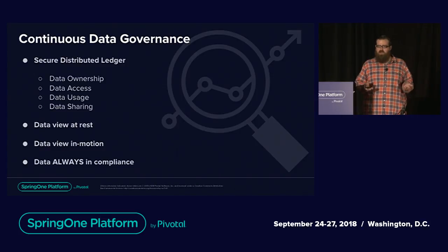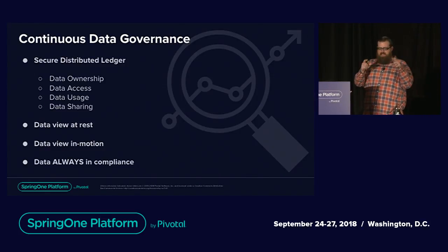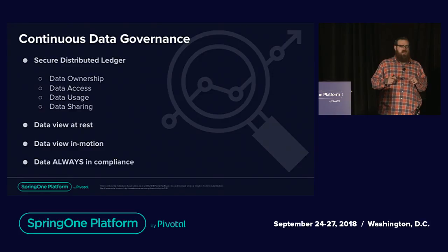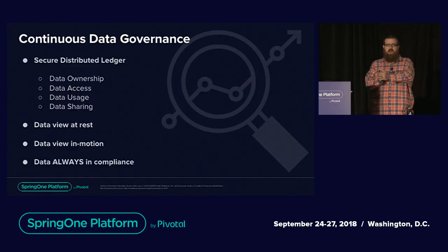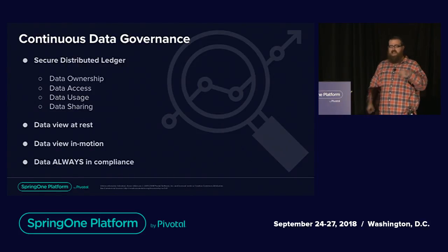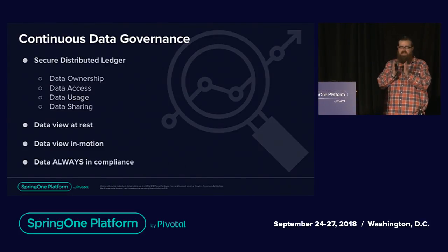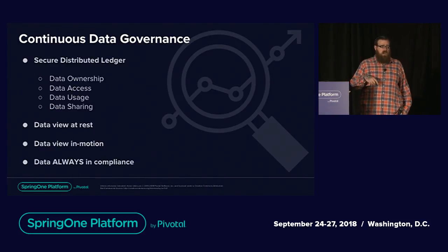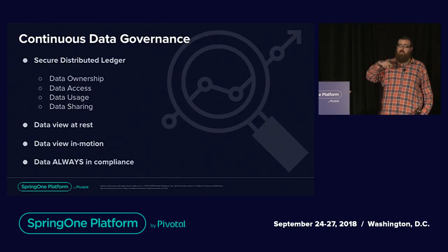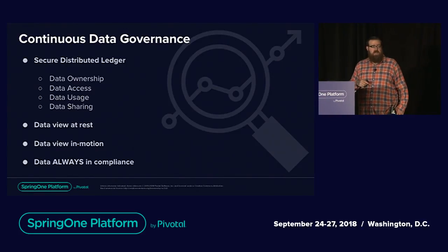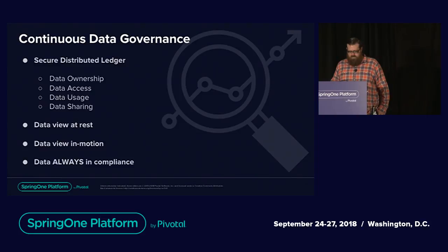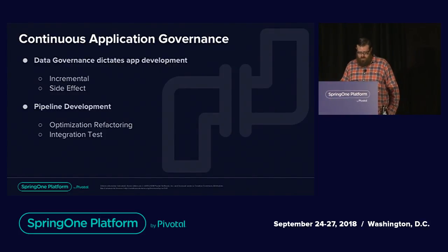And why is it always in compliance? Well, as your business DSL compiles down to this smart contract, you're going to be syncing it through your pipeline. It's going to hit the ledger, but before it goes into its persistence state or persistence repository, wherever that may be, it has to be validated by the contract that was written by data governance. So any piece of data on that ledger that is in a state that is valid from that smart contract, we know it's in compliance with the rules up front that we decide on in Inception. And we have to get moving a little quicker here.